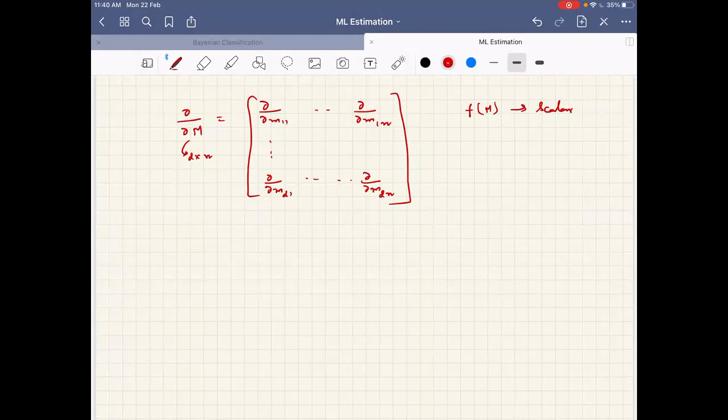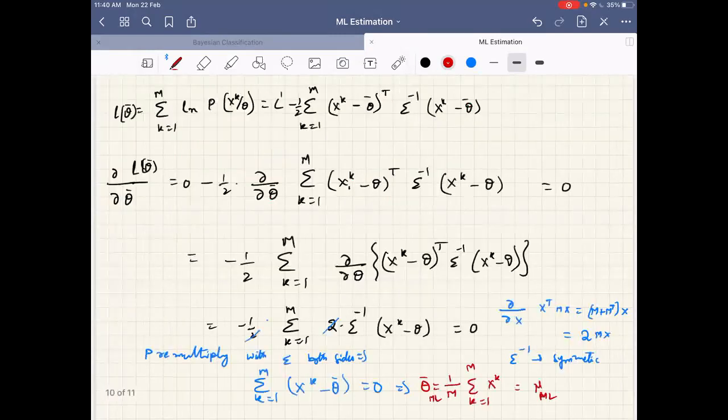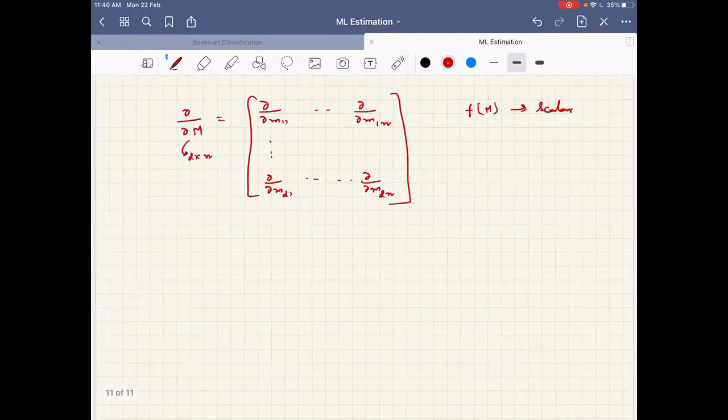So in fact, you will not even get a two-dimensional answer. It is in terms of tensors that you will get. In 1 dimension, they are vectors. In 2 dimensions, they are matrices. More than 2 dimensions, they are referred to as tensors. Okay, so you will get a tensor result.